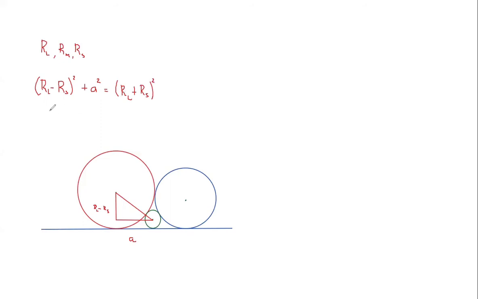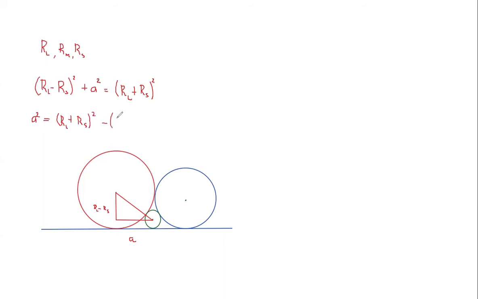If you make A squared the subject of the equation, you have A squared is equal to (RL plus RS) squared